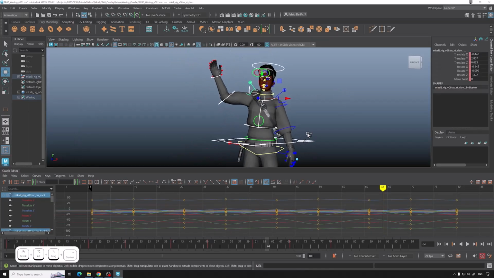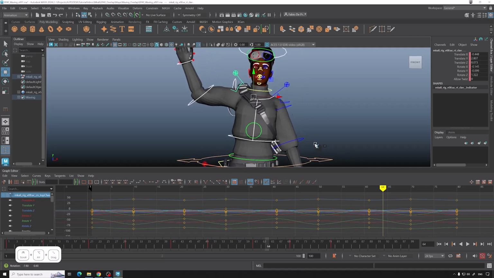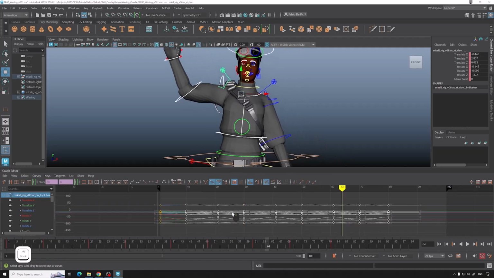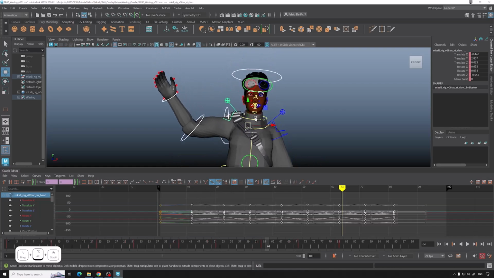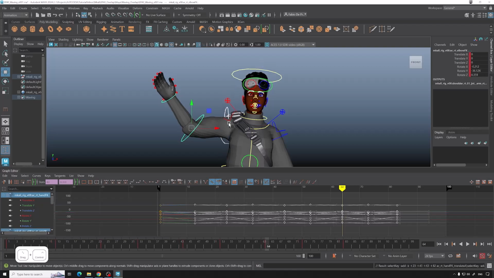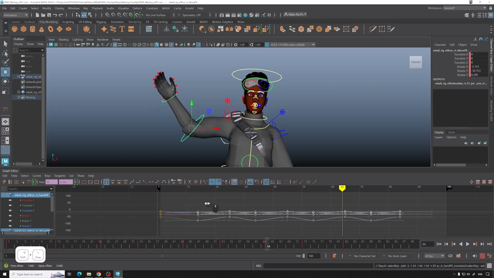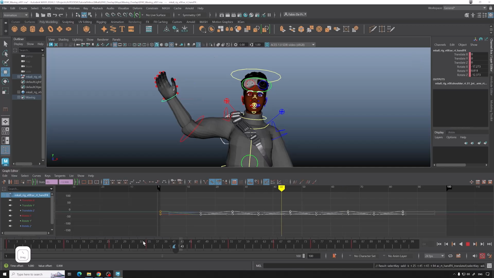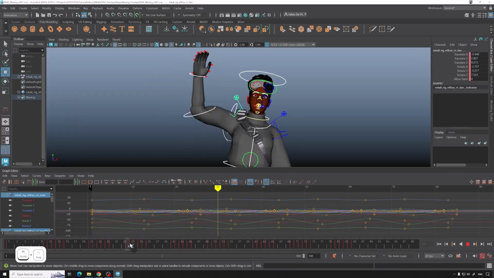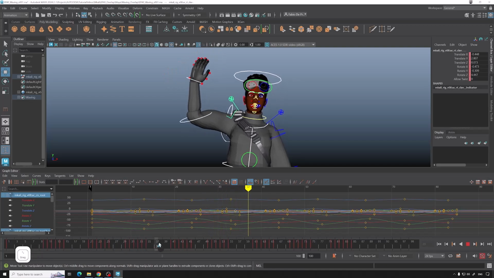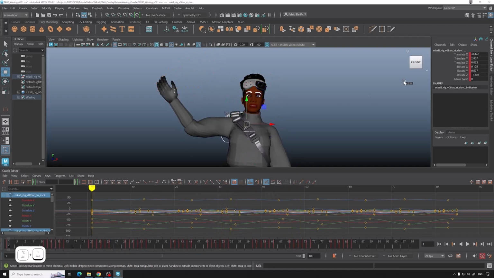Just select everything, then deselect the base of the movement, take everything except the first key, drag one to the right, and you just repeat this. And then, for example, we can take the shoulder and the head at the same time. Okay, and if you select everything again now, you can see there are a lot more keys here. That's because everything is offsetted. And so if I would play now,